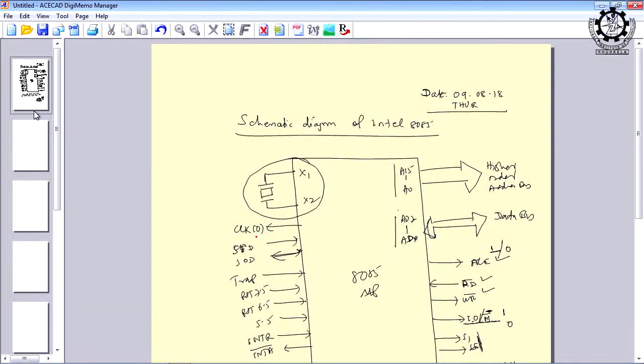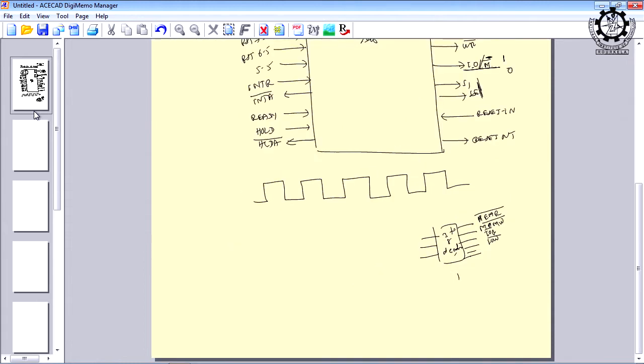chip, that is called the 8284 clock generator, which will take the clock output from 8085 as input. Then it will generate another 3 types of clock pulses which will be connected throughout the microprocessor board, and we usually call it the motherboard. So, the motherboard means the microprocessor along with all peripheral ICs, including memory also. Memory can be present in the motherboard.